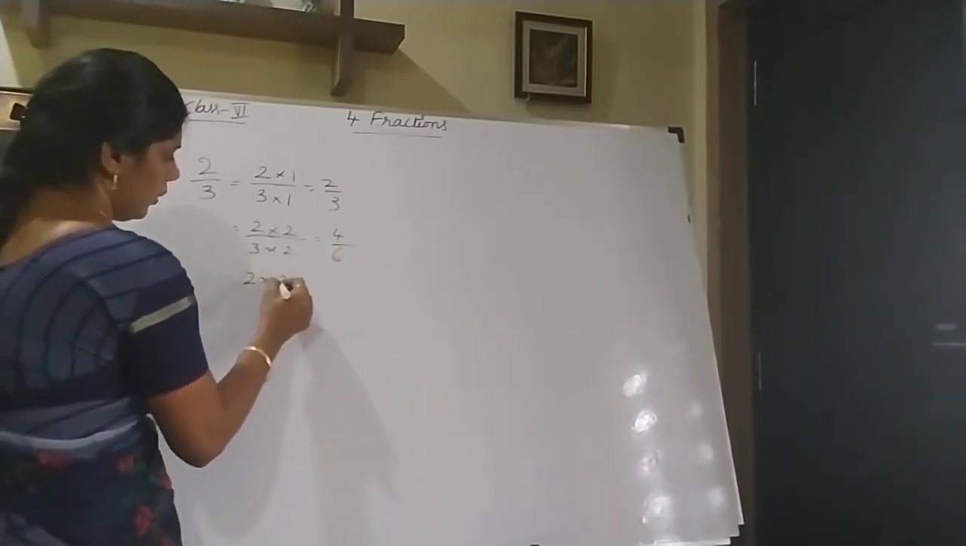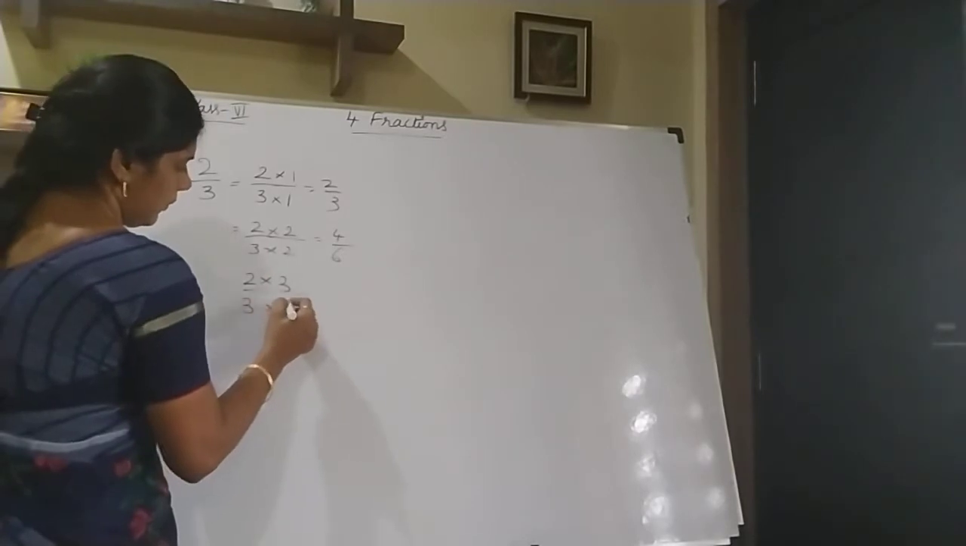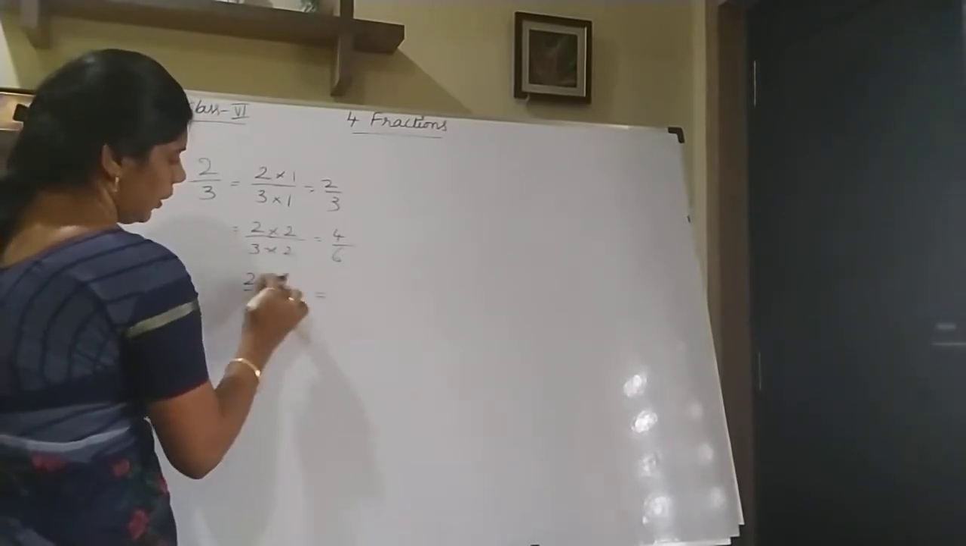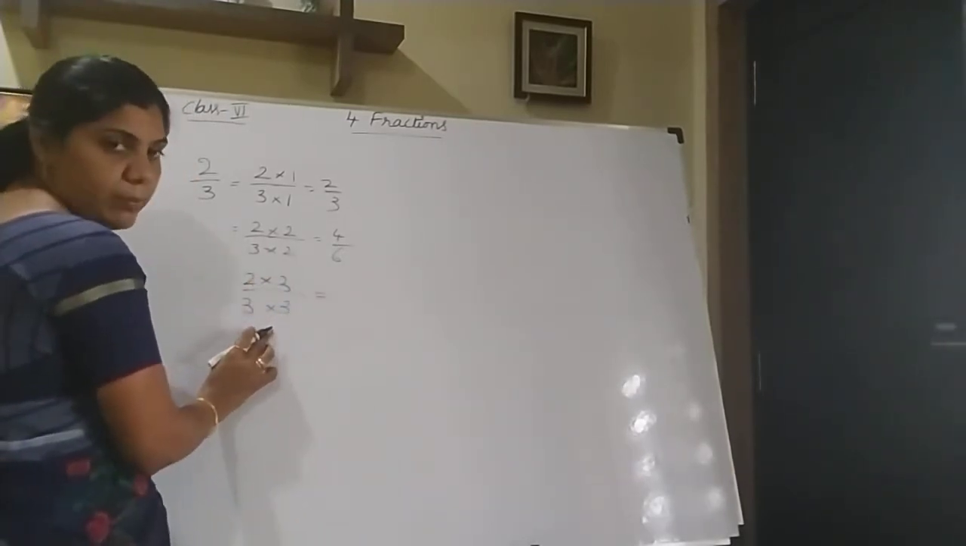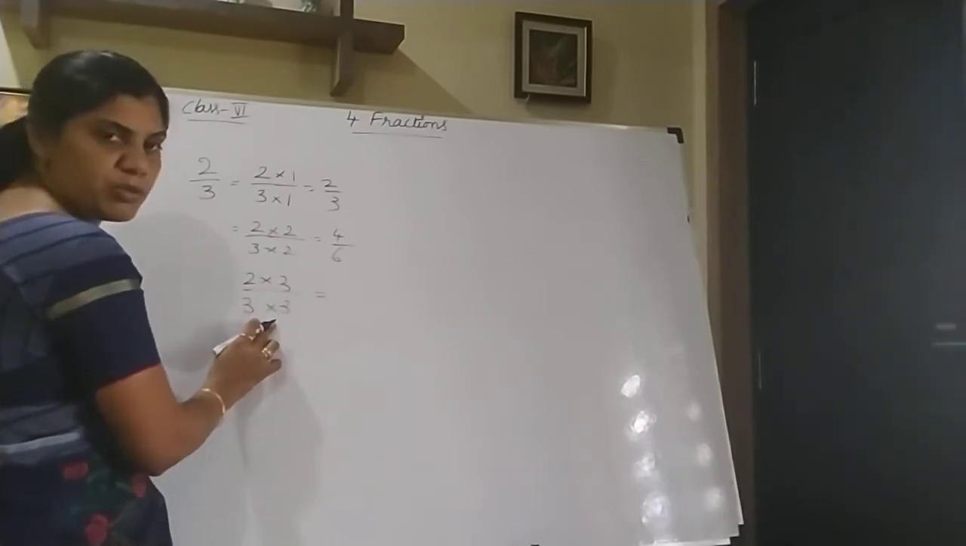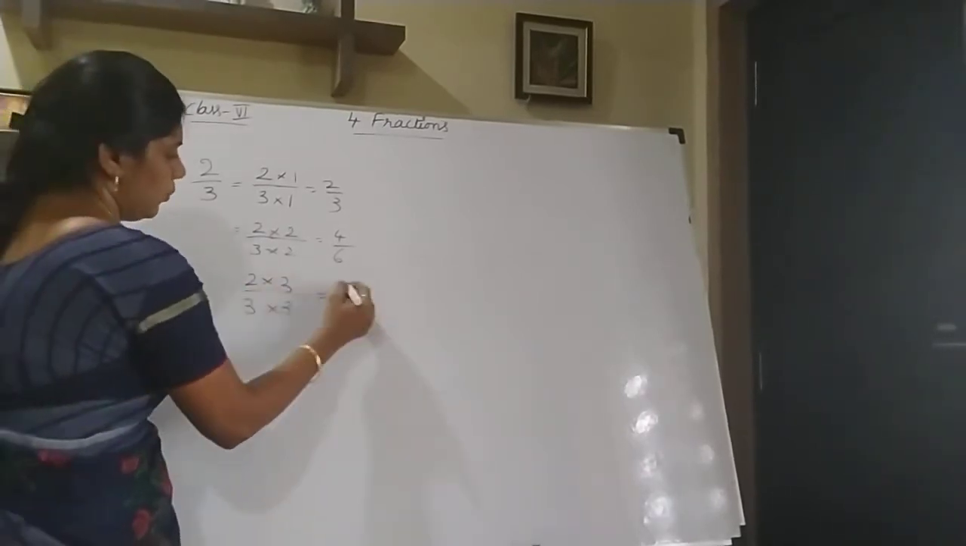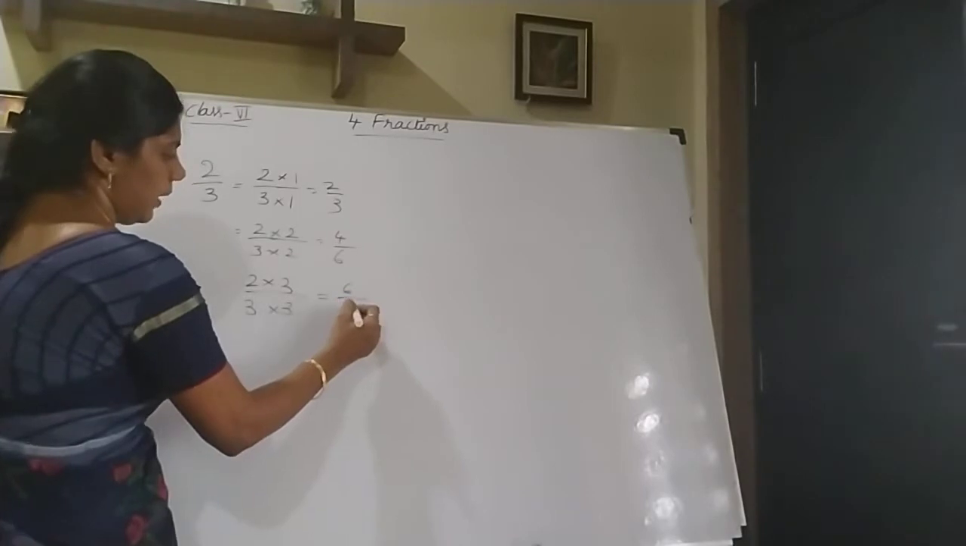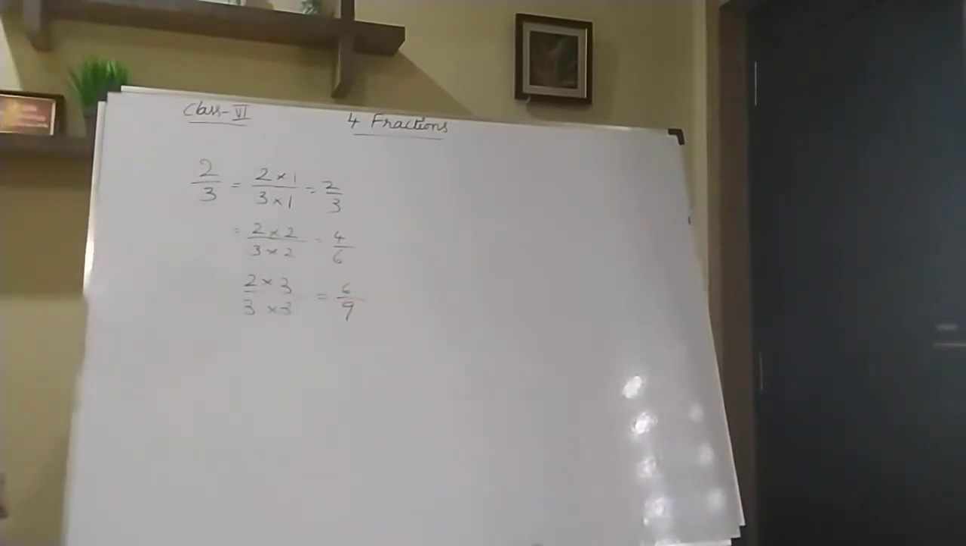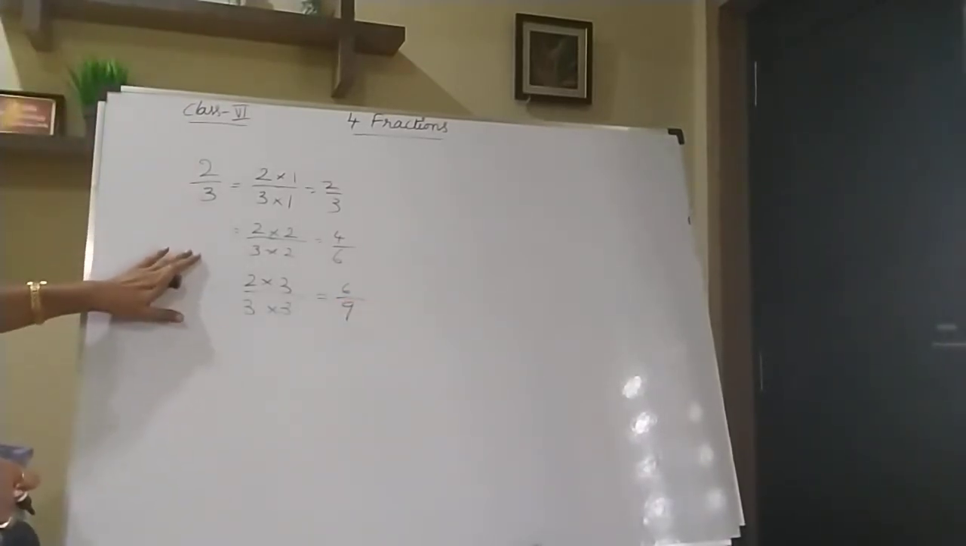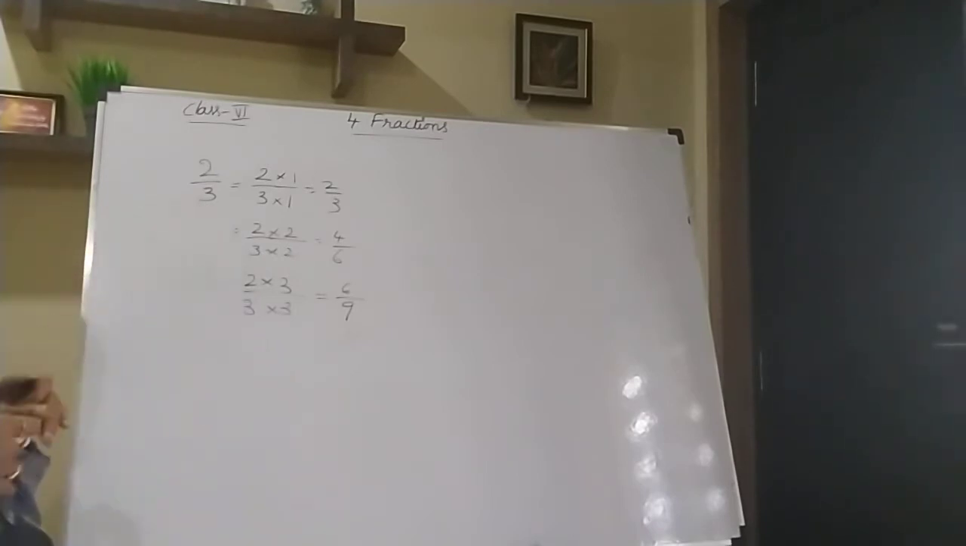Now see 2 into 3. Same number. You have to multiply with the same number, numerator and denominator. 2 3s 6, 3 3s 9. Okay, like that you have to find out. You can find out these equivalent fractions. Okay. Now,